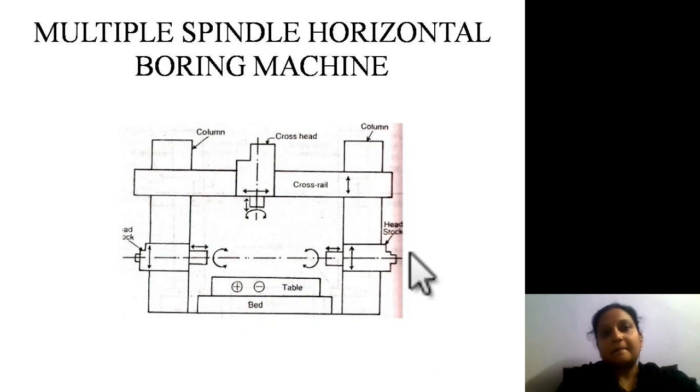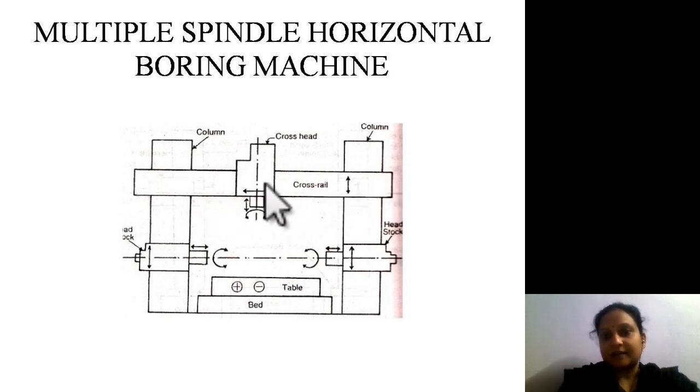Next one is multiple spindle horizontal boring machine. The name itself indicates that we have different spindles. See here we have two spindles and at the top we have another spindle. So here you can adjust the position of headstocks by moving it in the vertical column, and similarly you can adjust the position of this column in horizontal direction, this spindle along the horizontal direction with the help of